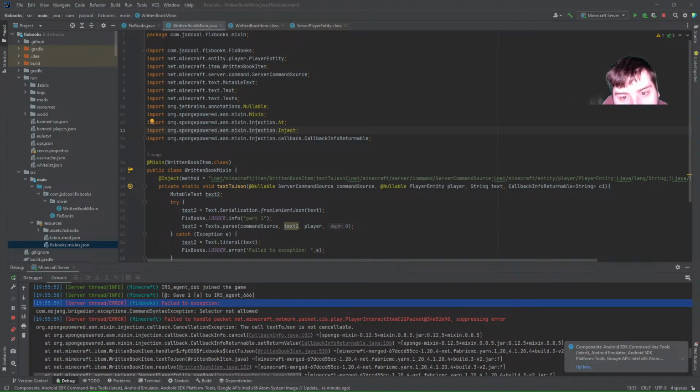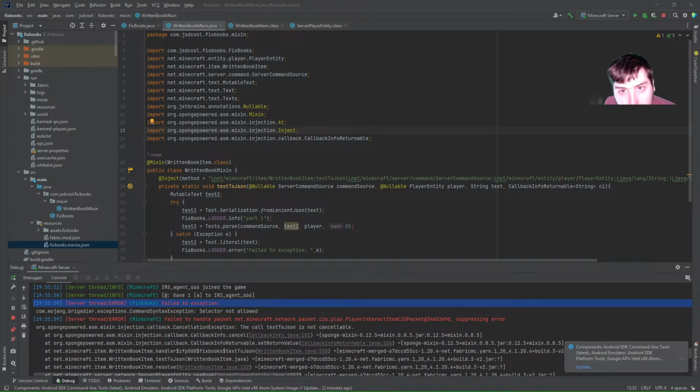Can I just find it here? Wiki Java doc. Overview maybe? Which we want callback info returnable. Is there a way to search on this site? Goddamn, this looks like a stylized Java doc, but it's just incredibly, index. Oh wow, that's not what I want at all. Yeah, there's no way to search this, which is annoying. I'm pretty sure the built-in Java doc tool does have a way to search generally, but